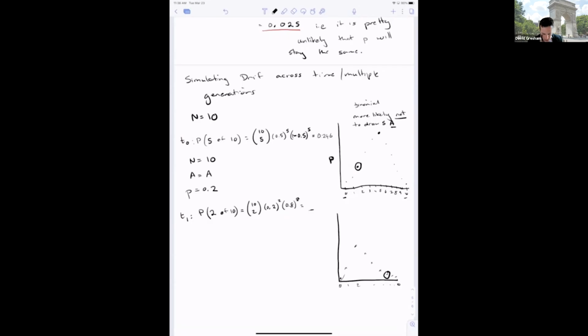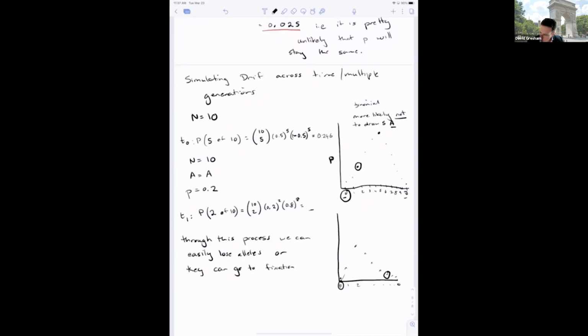And so we can continue this process of binomial sampling to look at how allele frequencies can fluctuate across time, just as a function of random sampling from the population. Through this process, we call it genetic drift because when we look across time, we see the allele frequencies going up and down. They're drifting up and down, just like a daffodil drifting through the air. But ultimately, through this process, we can easily lose alleles, that is, when we randomly sample and we get a 0,